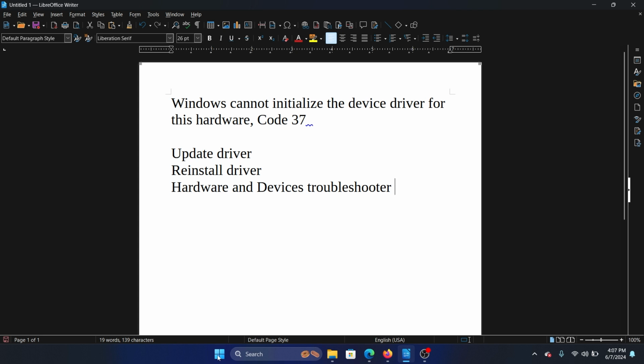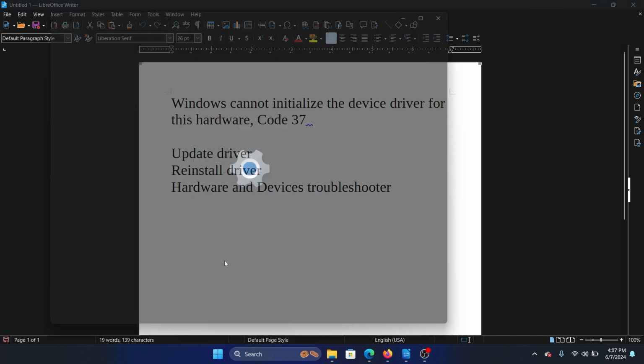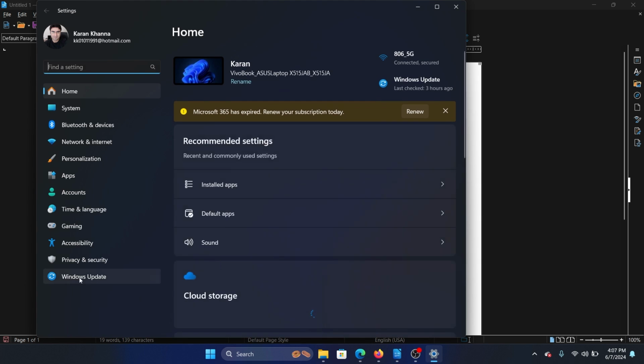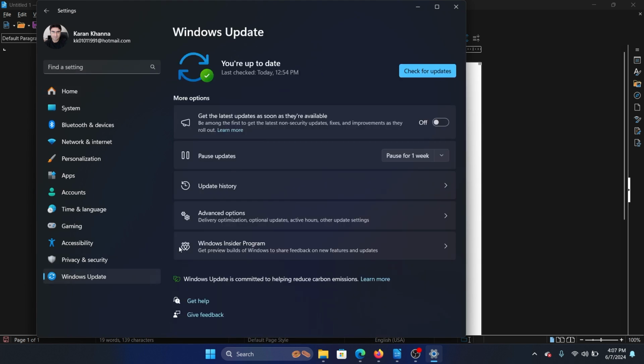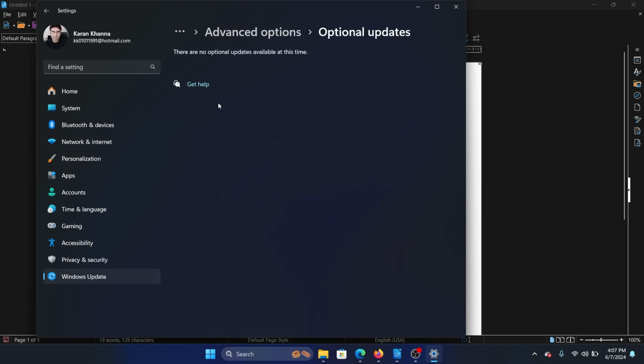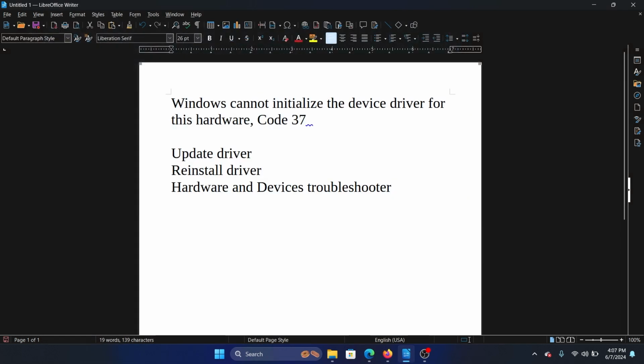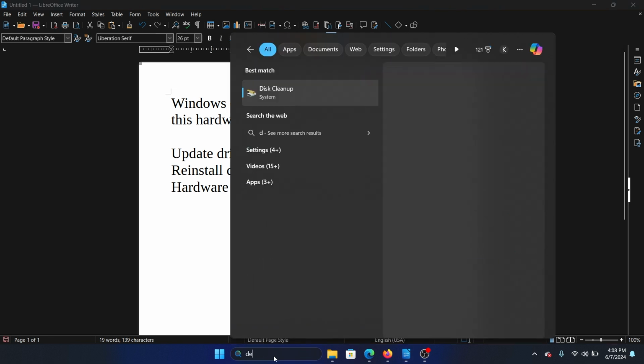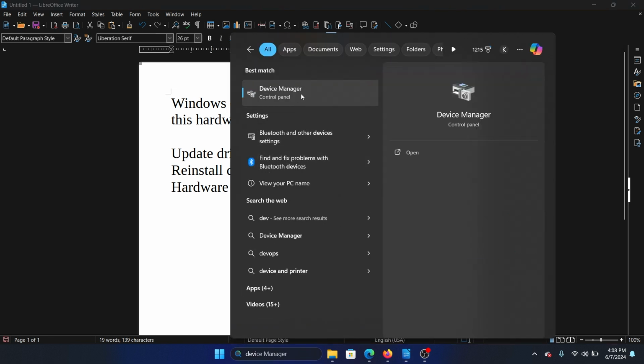Right click on the start button, select settings from the menu, go to the Windows Update tab on the list on the left hand side. In the right pane, select Advanced Options, click on Optional Updates, and if any optional updates are present, then install them. So this will update all the drivers,